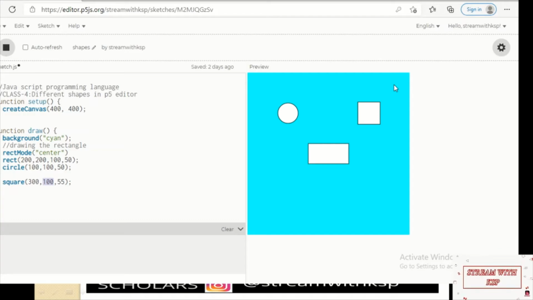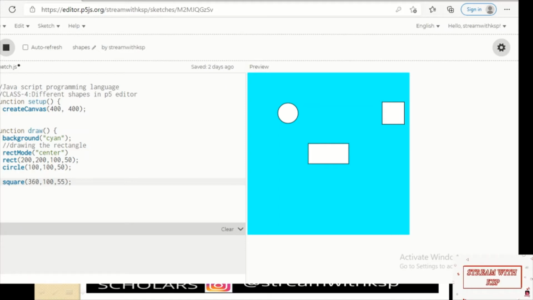I need to analyze the X and Y position. As our canvas size is 400 by 400, the 0 starts at the left side and the 400 at the right side. So if I want to get this square at the top right corner, I need to give the X number minimum 360. So when I give the first number as 360, now it is going to move a little right side. And now I need to take the square a little upside.